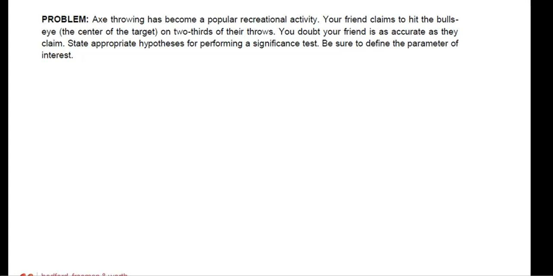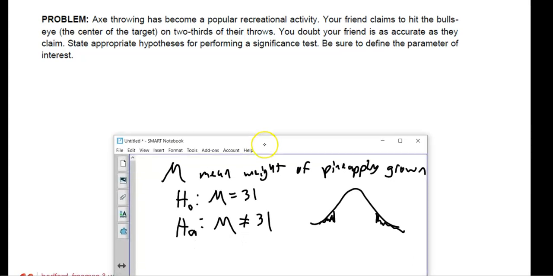Axe throwing is a popular recreational activity. Your friend claims to hit the bullseye, the center of the target, on 2/3 of their throws. You doubt your friend is as accurate as they claim. State appropriate hypotheses for performing a significance test. Be sure to define the parameter of interest. Right. So for this one,